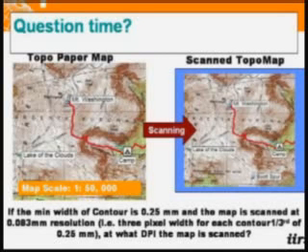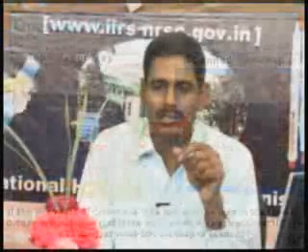Finally, when you go to the scanner, the scanner will ask you to put the DPI. It will not ask you whether you want to scan at 0.25 or 0.083. So you have to work that out internally. You should also know at what width the contour line is. If you know the contour line is 0.25 mm and the map is scanned at 1/3 of that, your output is generated with 3 pixels for each contour width. So at what DPI the map is scanned, that's what you have to work out.